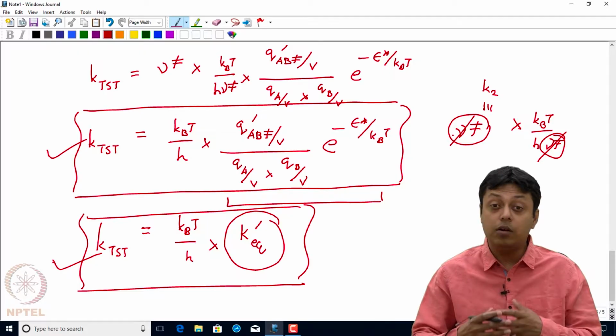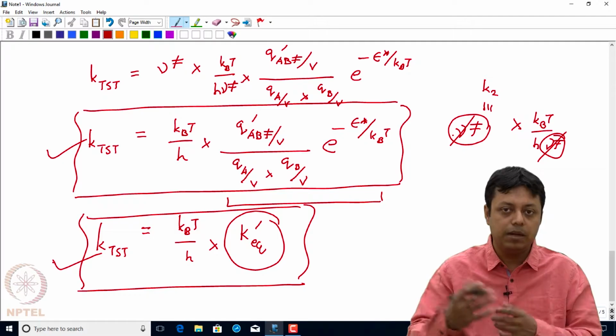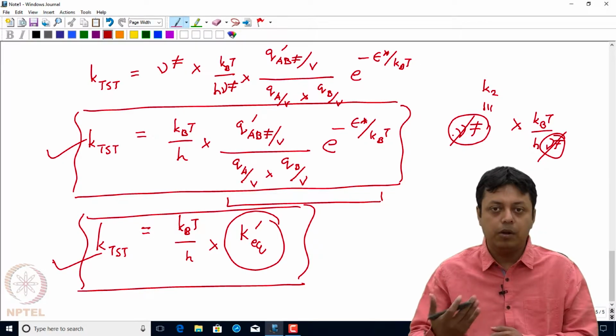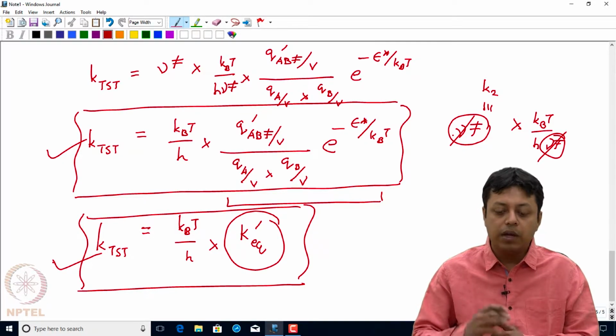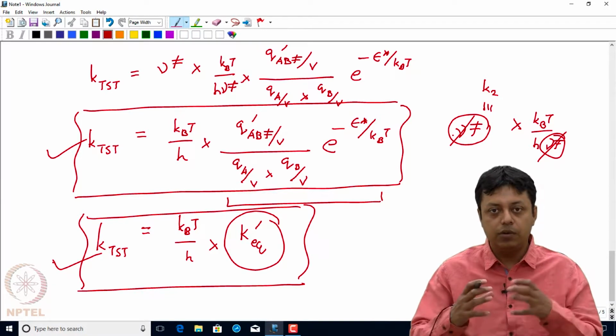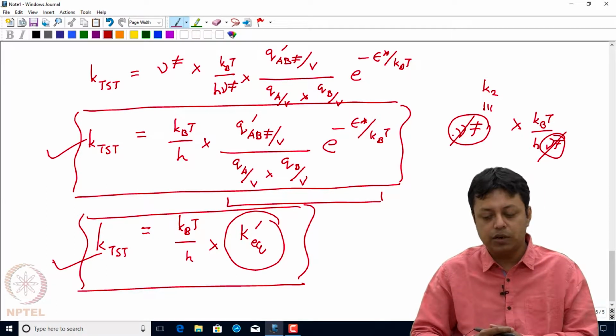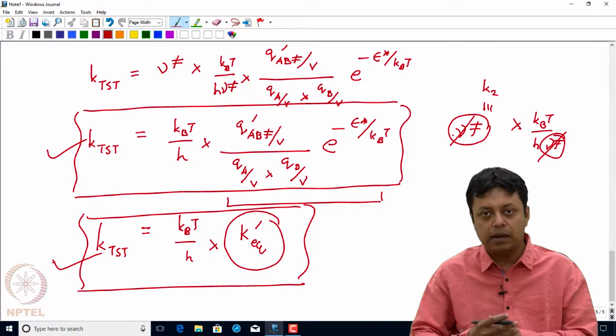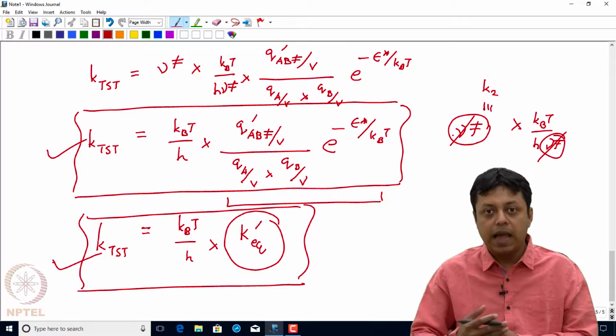So for a very complicated molecule like a big polyatomic molecule, when they are colliding and forming something for a bimolecular elementary reaction, we can right away apply the transition state theory if we know from electronic structure theory the geometry of the activated complex, and if we can calculate the partition functions, which are again time independent quantities, because these are all equilibrium statistical thermodynamical properties, and we can calculate the partition functions, and then